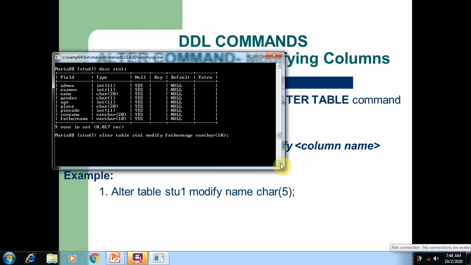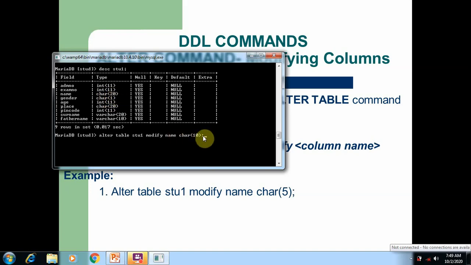Now I am going to use the same command alter table modify to reduce the column size of name. So here I'm going to change the size also, as well as the data type. First I will change the size of the column. For the name column, you can see data type is char and size is 20.